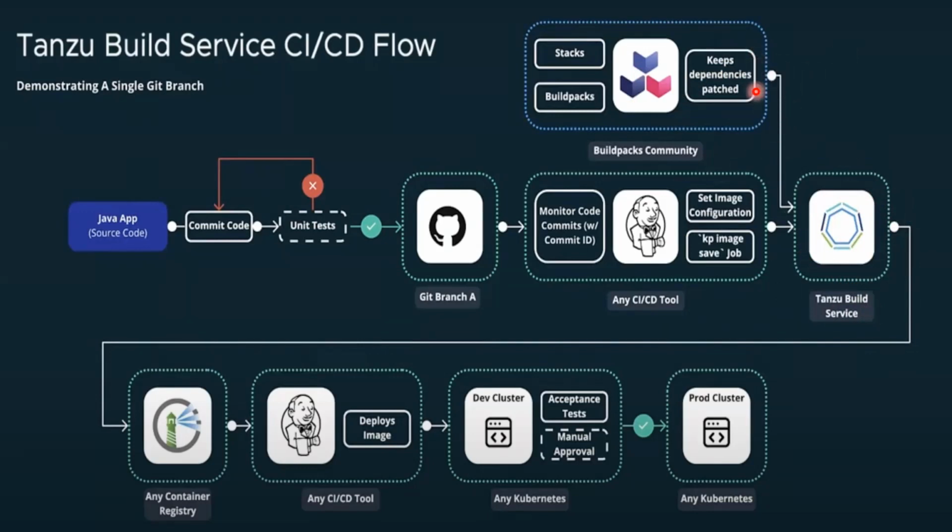using a Dockerfile, here you can use a Tanzu Build Service, which would have all the dependency packs packaged here. So what you can do is create a pipeline over here, which will trigger the Tanzu Build Service once it sees a change in the code. The Tanzu Build Service can automatically rebuild the container image for you based on the changes that are made, using the Cloud Native Buildpacks that are available.